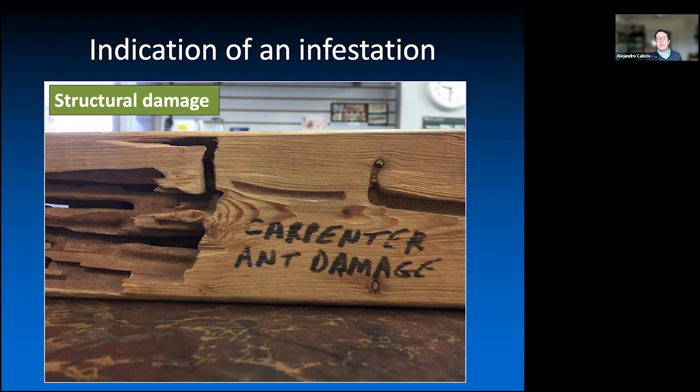This is just a picture. This is just one 4x4, and as you probably know, all this wood for construction is treated. But sometimes when they treat that wood, there are some areas that don't receive all the chemical to protect the wood, and this is just a perfect example. So this is an area that probably didn't get all the protection when it was being treated. Most likely this 4x4 was sitting on the ground, and that attracted the ants and they built this beautiful nest.